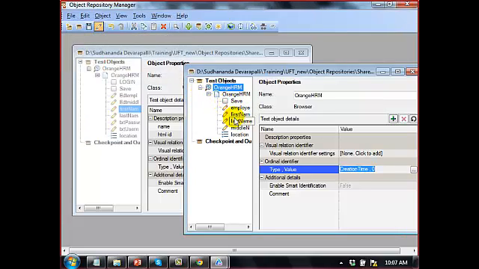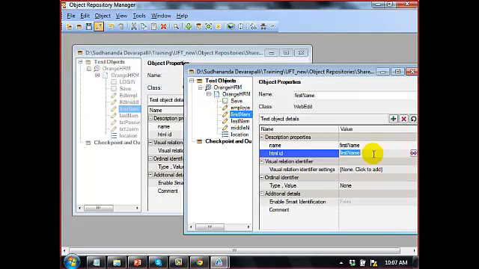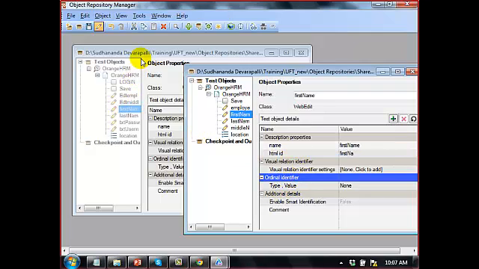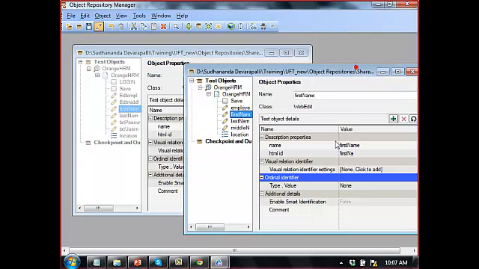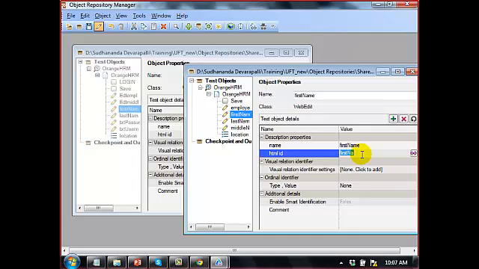Okay, so first name, what I will do is here, HTML ID I am changing, and here it has got the same properties but values are different. Same logical name, but I am just changing the property value in one of the repositories. So what kind of conflict does it have to give here? Same logical name but different description. That is what. Okay. So the last name also I have got, but this time what I will do is